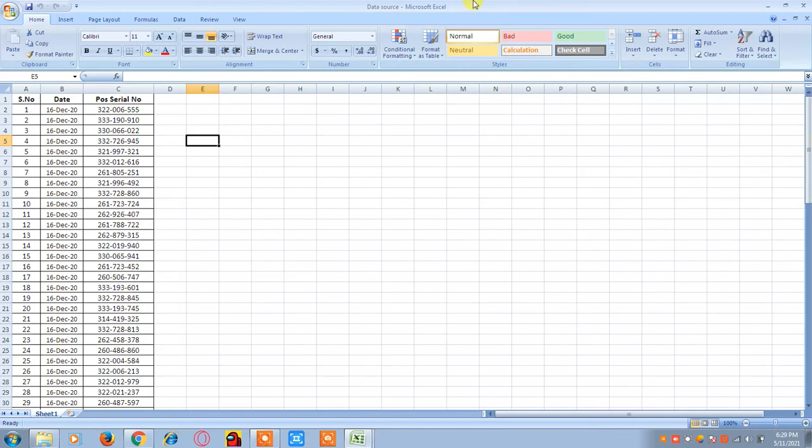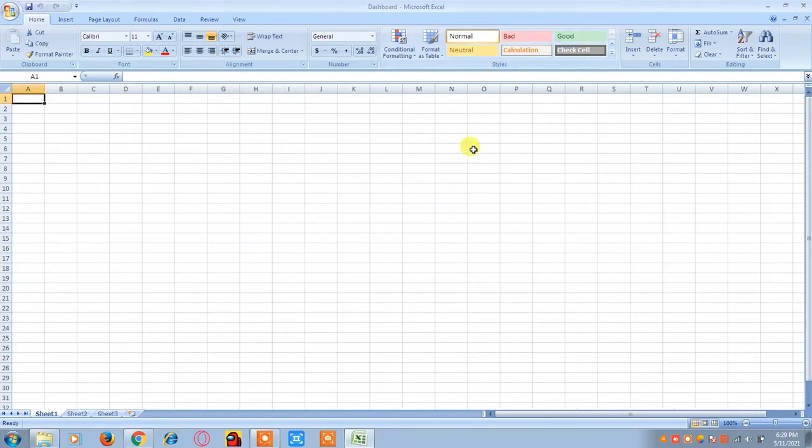The other is the dashboard sheet. We want this dashboard to be connected with our data source so that we can create charts and graphical representations to present to our senior management.